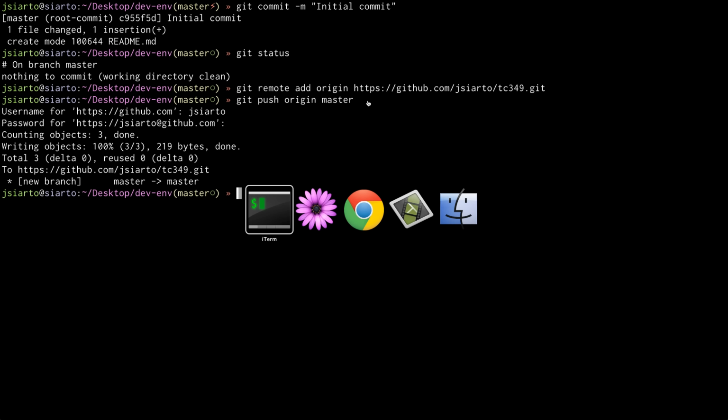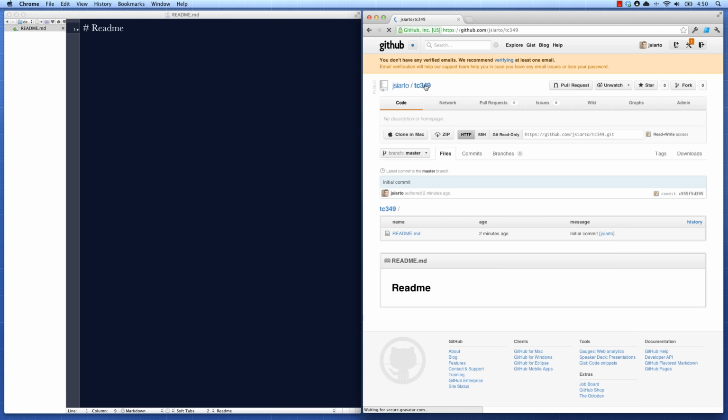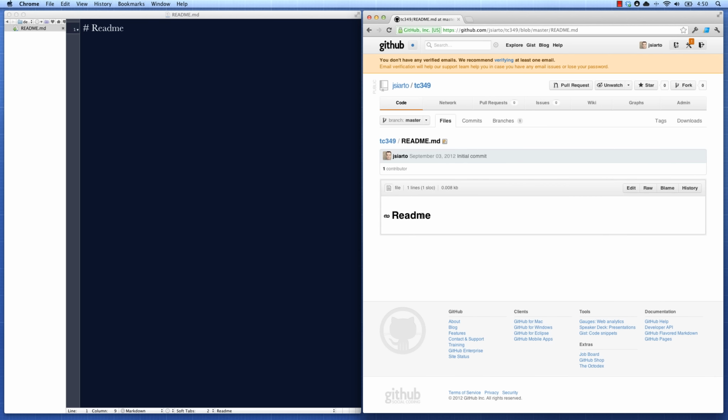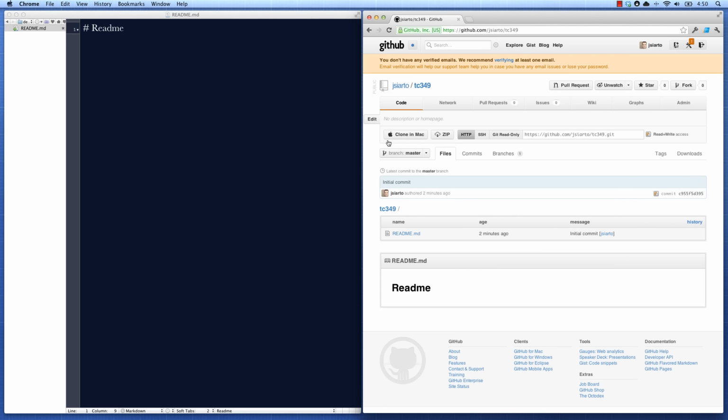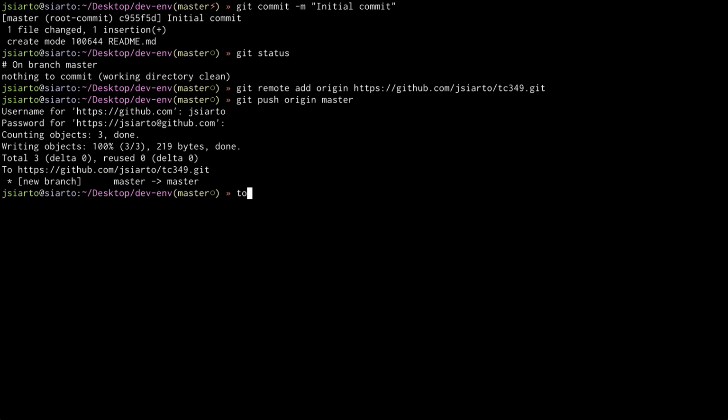So now if we hop back over to GitHub and we refresh this repository, we should see our code there. And there you have it. There's our README, and there is the file we added. So now we have a local repository and a remote repository on GitHub that are synced and they're linked together. So now when we go through and add new files, so say our index.html file,